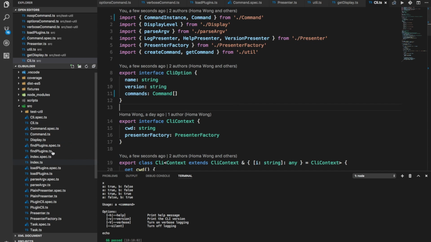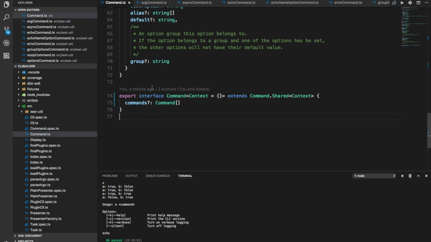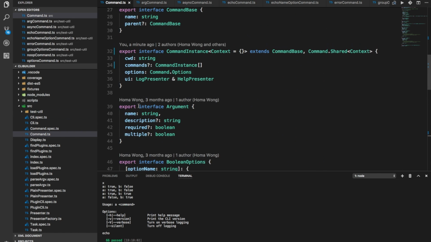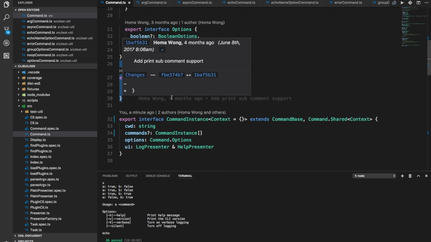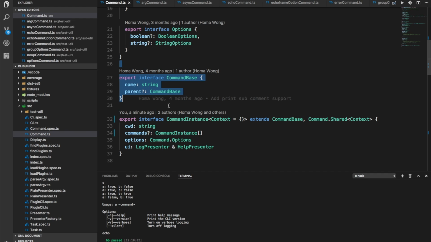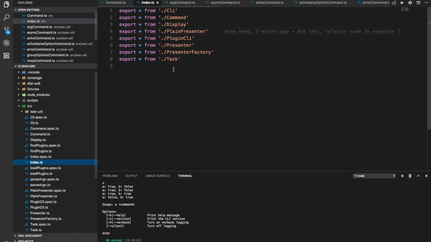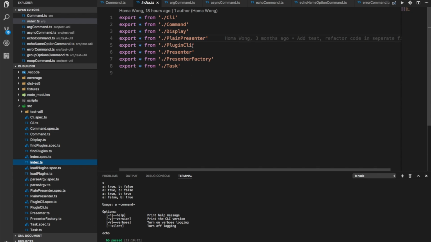And we are fine. Okay, so we have extracted this, and the next thing I'm going to do is notice that some of these interfaces are not needed outside. Say for example this one. When you're using the CLI builder, this command base used by the command instance is something internal. However, when I'm exporting the whole library, I'm exporting the whole command file, so all the interfaces inside